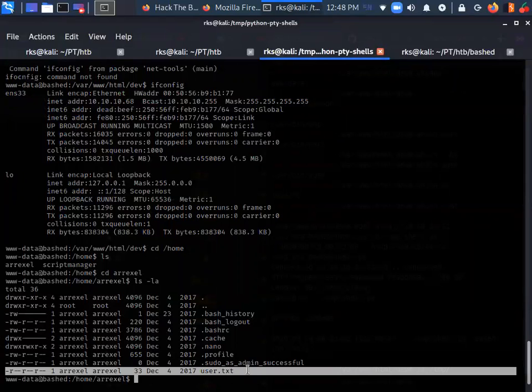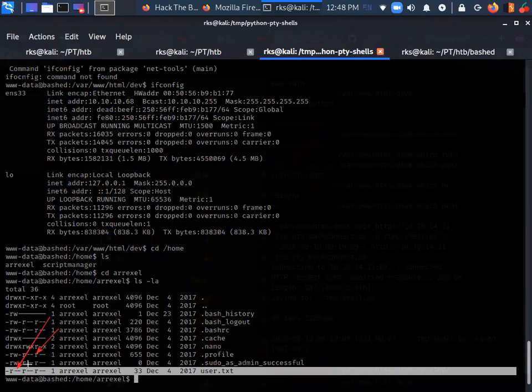Now my question is, can I read this flag? So we are going to identify this thing using the permission. These are the permissions here.